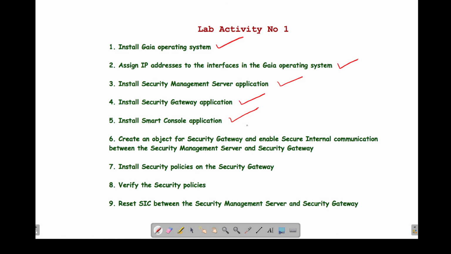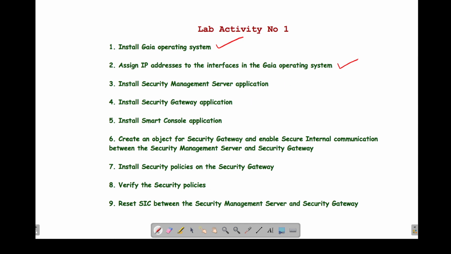Then we'll see how to create an object for the Security Gateway on the management server and enable SIC between the management server and the Security Gateway. Then we'll see how to install the security policies on the Security Gateways and how to verify them. And we also see how to reset SIC between the Security Management Server and the Security Gateway. So all these things we'll see in the first lab activity.